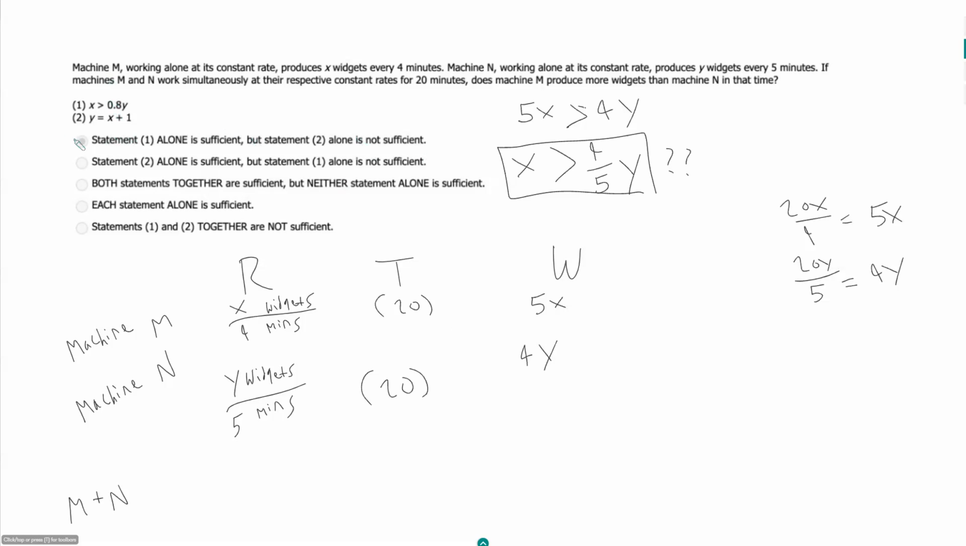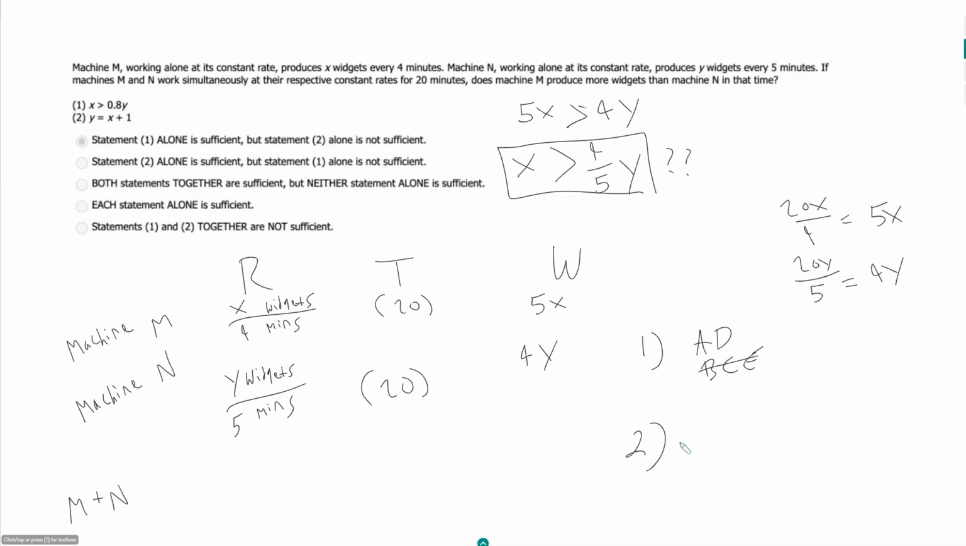Anyway, if we look at our statements, it looks like the first statement is exactly what we're looking for. Our question is asking, is x greater than 4/5 y? Statement 1 says x is greater than 0.8, or 4/5, y. So without even doing any additional work, this is sufficient. Statement 2,